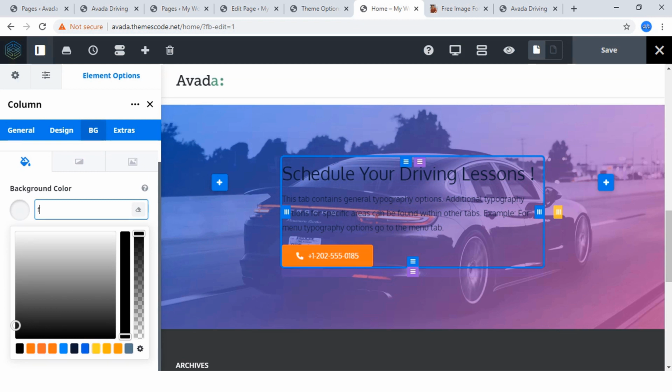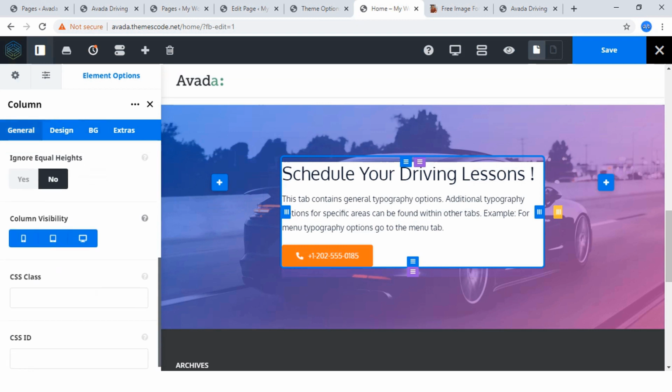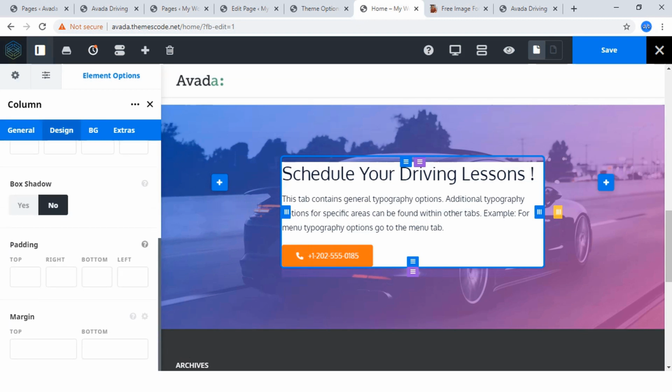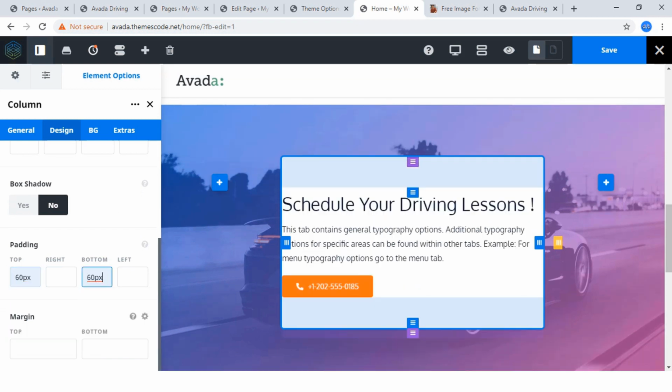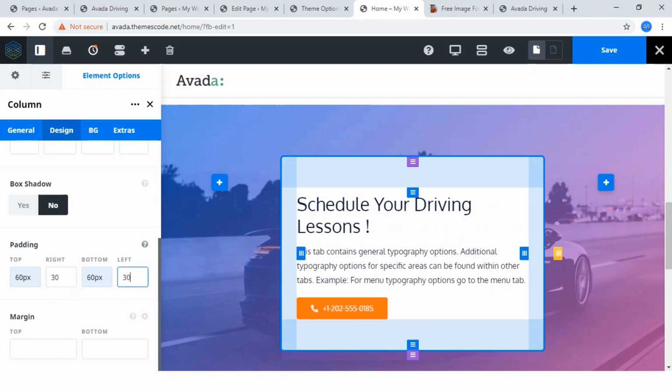I'm going to set the color and just here it is, and go to the general, go to design, and you can add padding 60 pixel, bottom 60 pixel, on right 30 pixel, on left 30 pixel,